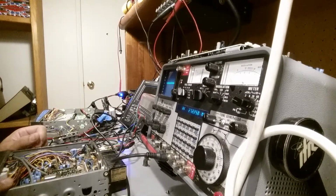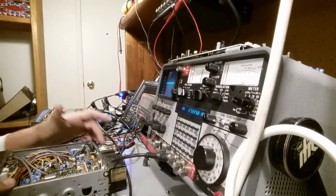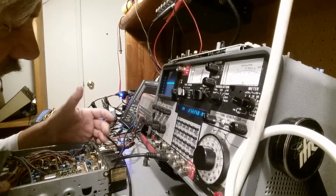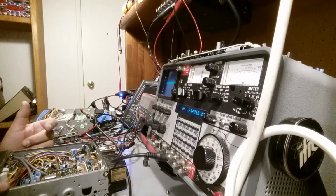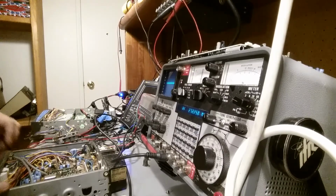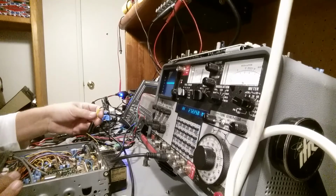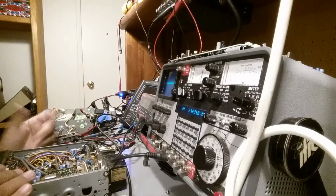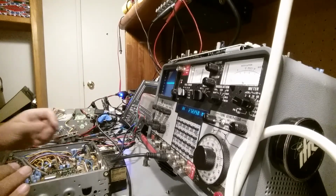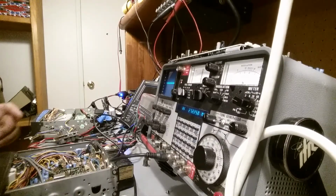Somebody modified it. I don't know why President came out and used all these Molex plugs for their speakers and speaker outputs and power input. It's just a pain in the butt. So a lot of people convert them. This one got at least partially converted, and then somebody added a jack on it for sound. It's a little fugly, but at least for testing I can do it real quick. So anyway,